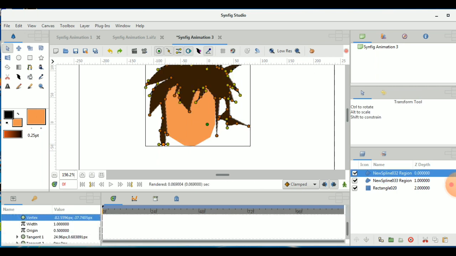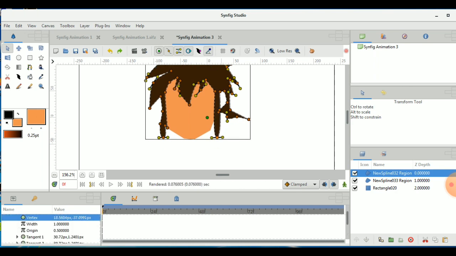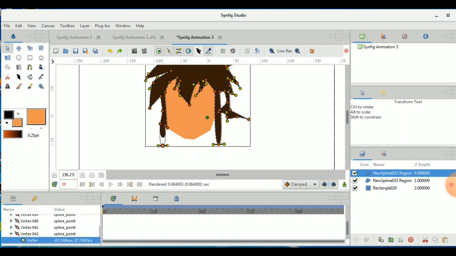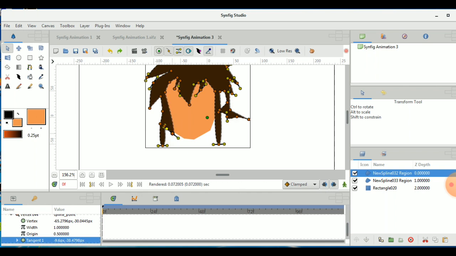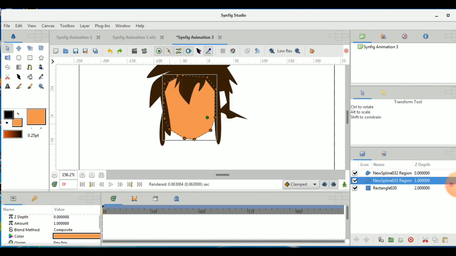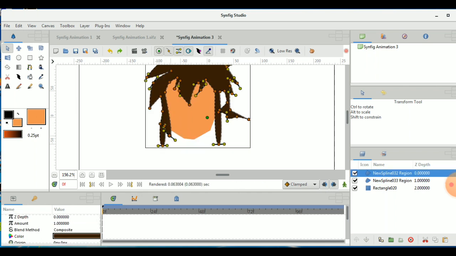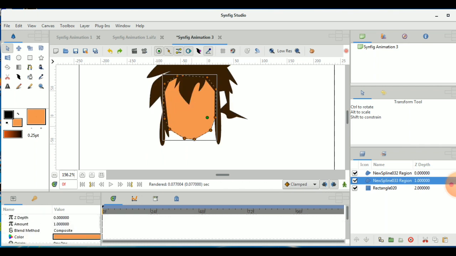You can see new spline 032 is my hair region and new spline 033 is the face region. It is better to give names to them. I haven't given names, but if you do, you will understand what I'm saying. So the face region is below the hair region, and whatever hair is coming hides this face part. This is the simple logic.